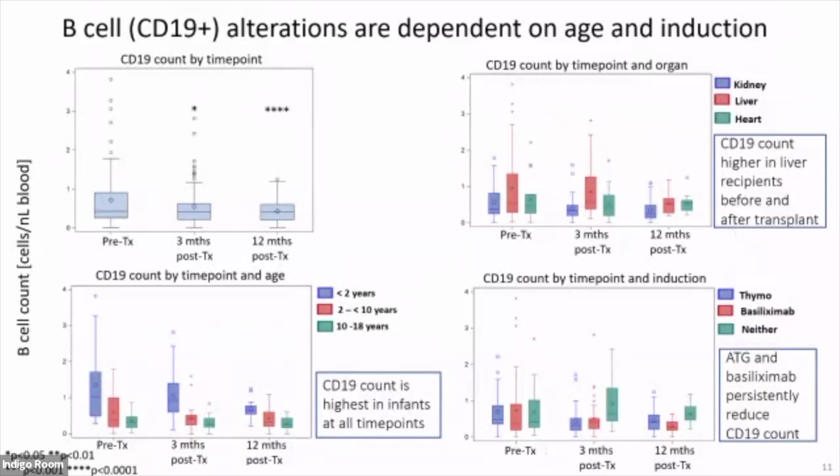Now looking at our B cell population, which were again identified as being CD19 positive. In the top left graph, we can see that the B cells exhibited a notable drop at 3 months post-transplant, with sustained lower levels up until 1 year post-transplant. In the top right graph, we observe that the CD19 counts are significantly higher in the liver recipients, which are indicated by the red bars, both before and after transplant, unlike in the heart and kidney recipients where no significant